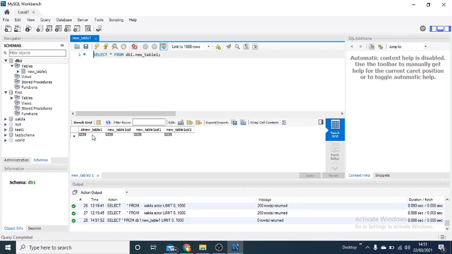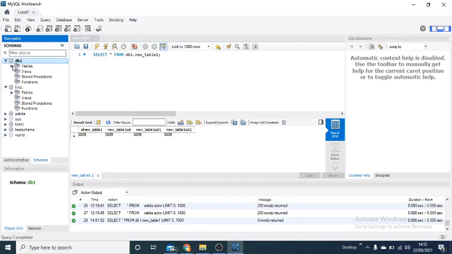Currently it is empty, and if you want to check the available records in the table, you can run this query, which is called a select query. We are going to see all the queries in detail, but right now we will see how to navigate through all these tables and schemas using this graphical user interface.